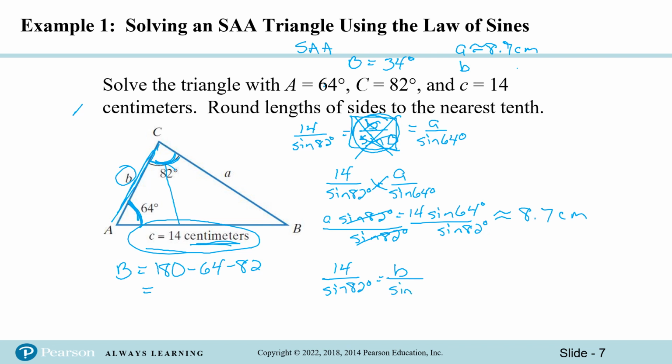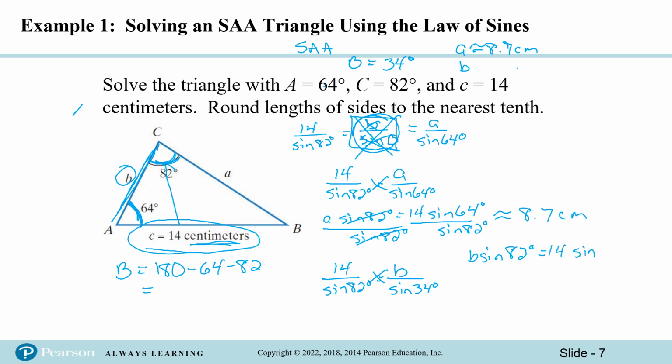Now that I do know angle B, 34 degrees, I can plug that in and I can cross multiply. So B sine 82 is equal to 14